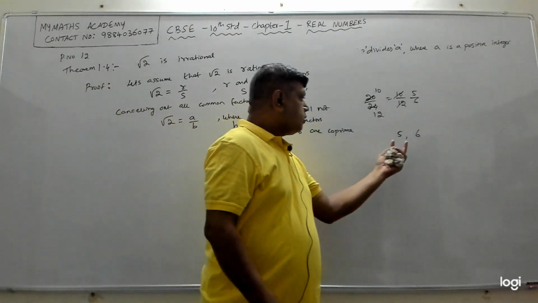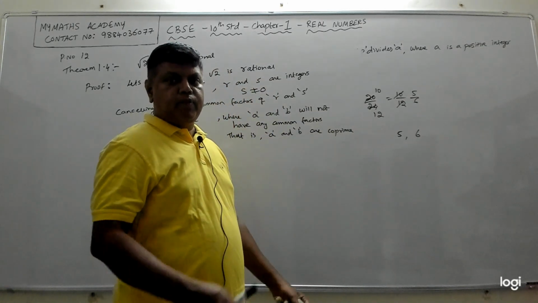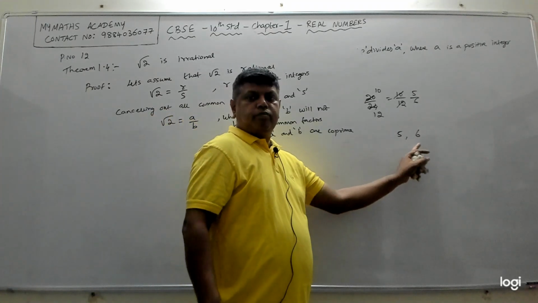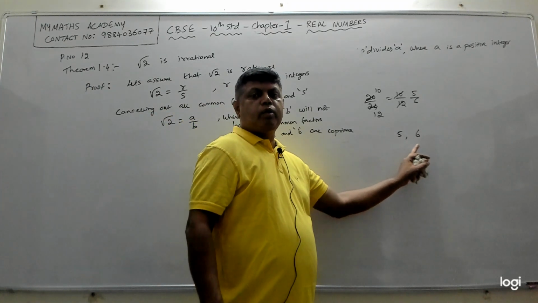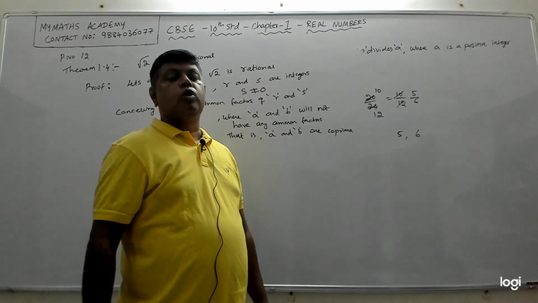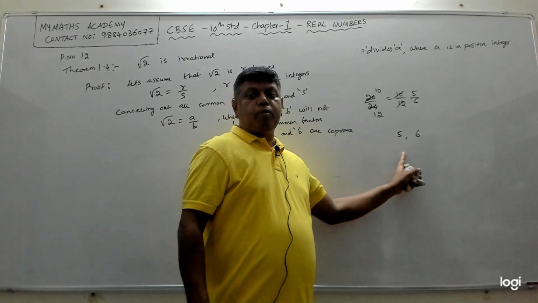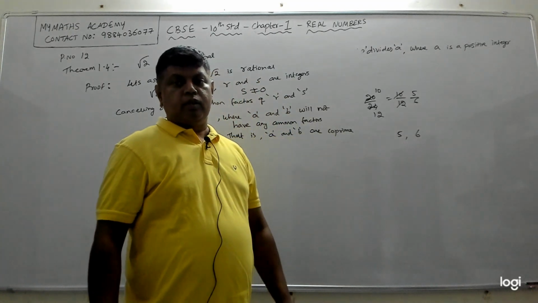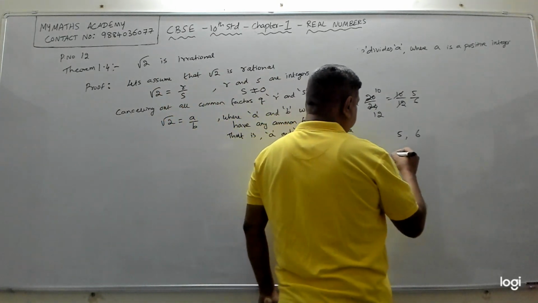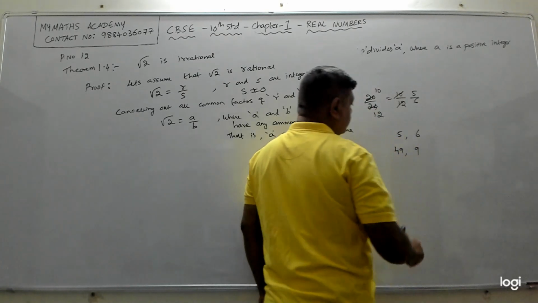Now both the numbers, you take 5 and 6. Right? They will not have any common factors. There is no number that will divide both 5 and 6. Then you call 5 and 6 as co-prime, or there is no common factor. We don't have any common factor between 5 and 6. Then we call them co-prime. So we can have many examples. Say I can have 49 and suppose 9.